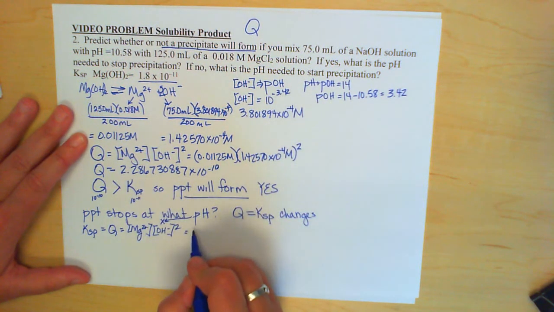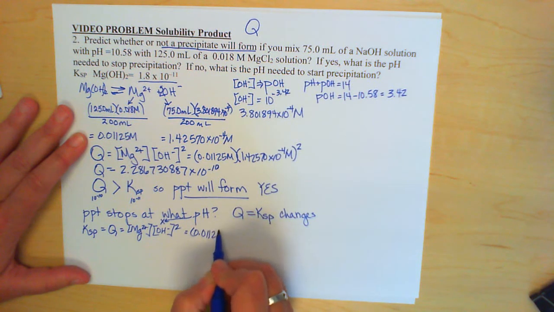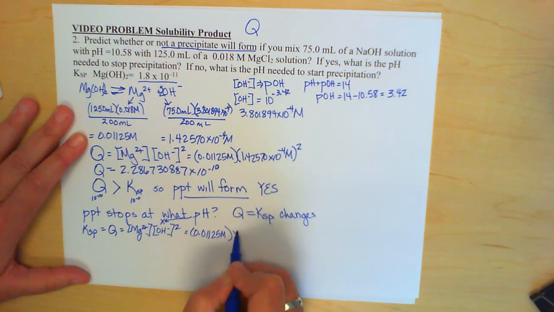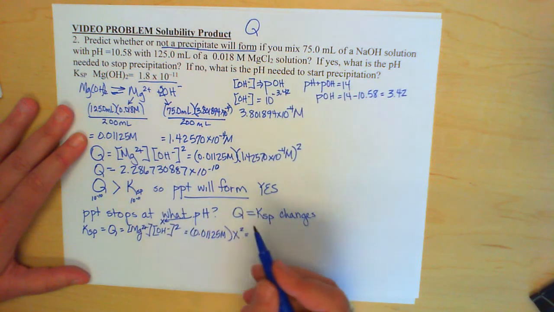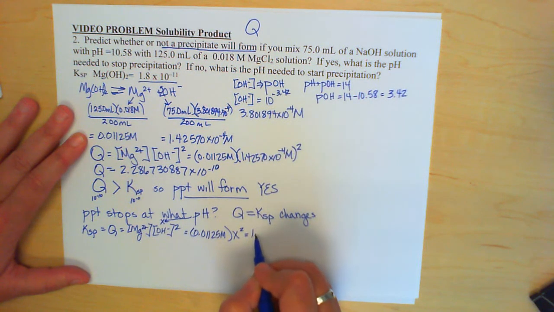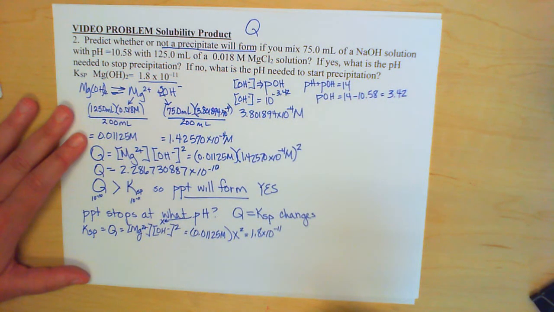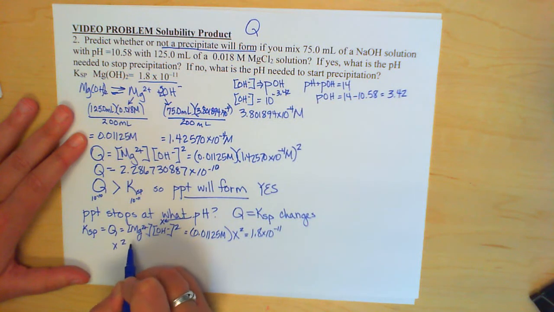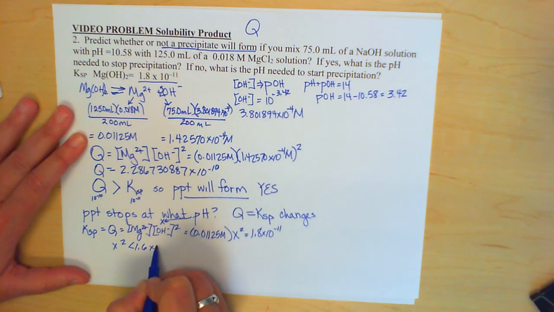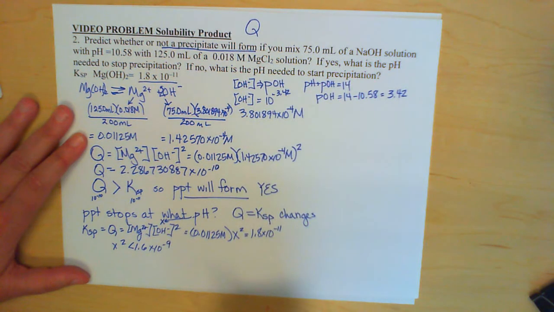If we go back up, we know that we have 0.01125 molar. X squared is equal to my K value, which is 1.8 times 10 to the negative 11. Okay, so if that's the case, then we end up with X squared is less than 1.6 times 10 to the minus 9, which means X is less than 4.0 times 10 to the minus 5th molar